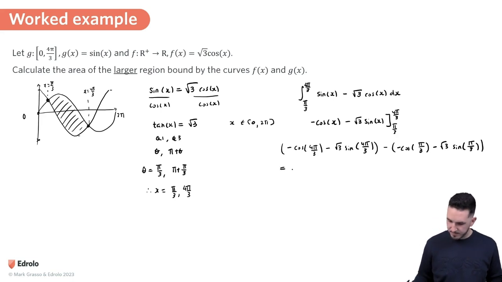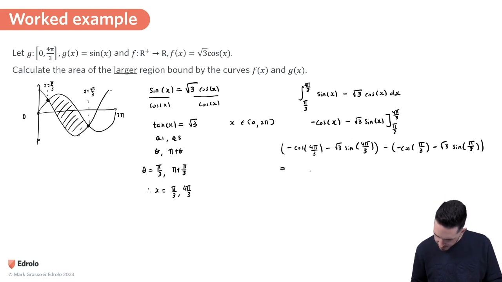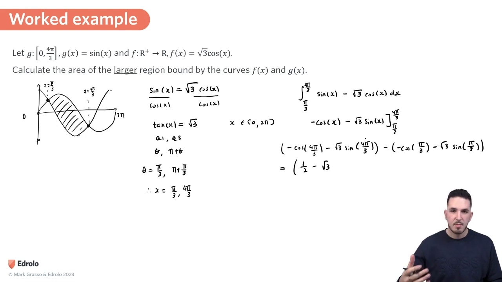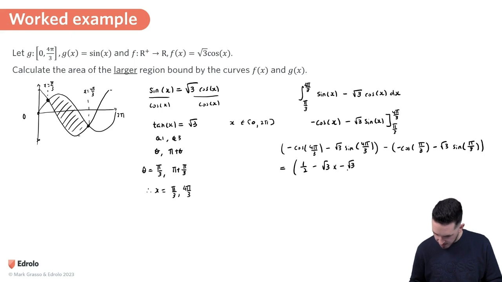So this will become, so cos of 4 pi on 3 is going to be negative a half. So negative a half becomes a half. Then minus root 3 sine of 4 pi on 3 is going to be negative root 3 on 2, because sine of pi on 3 is root 3 on 2, but 4 pi on 3 is in the third quadrant. Sine is negative in the third quadrant, so it's going to be times negative root 3 on 2,